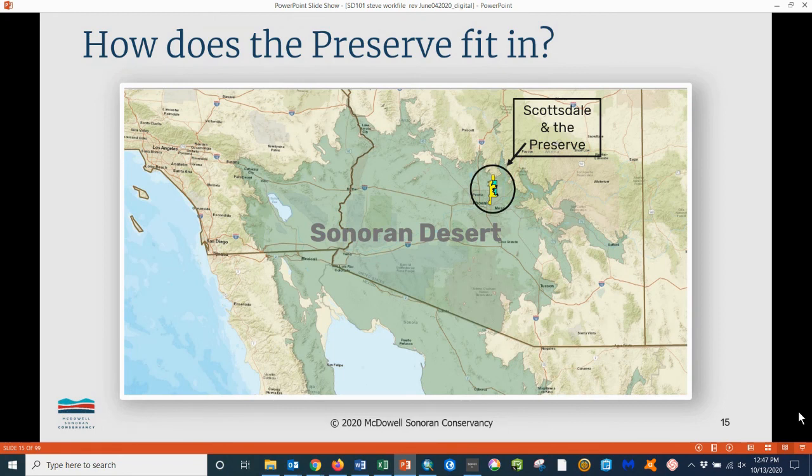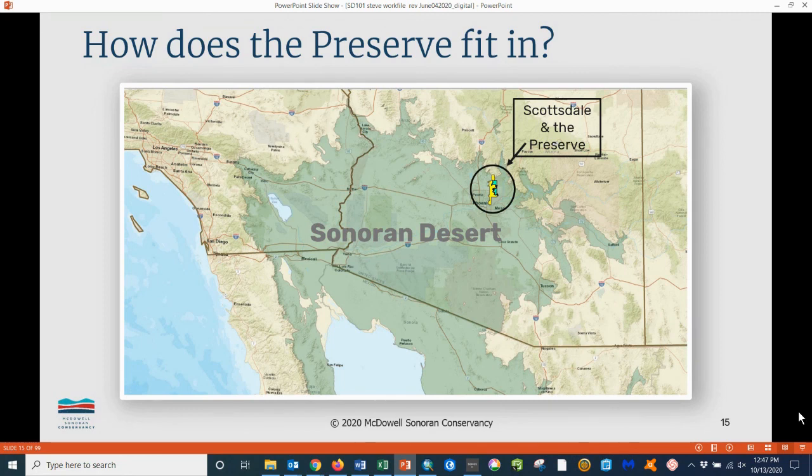There's a significant rainfall and temperature gradient across the preserve. The higher elevations get a little more rain, and the northern portion of the preserve is further away from the Phoenix Heat Island, which also increases rainfall. Whereas downtown Phoenix averages about 8 inches of rain annually, parts of the preserve can average as much as 12 inches or so, a significant increase.